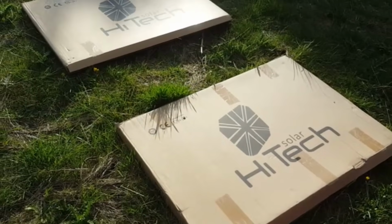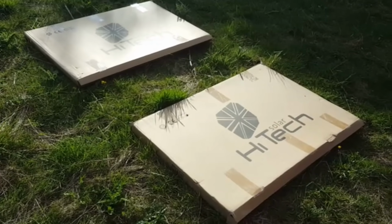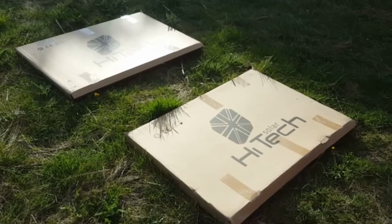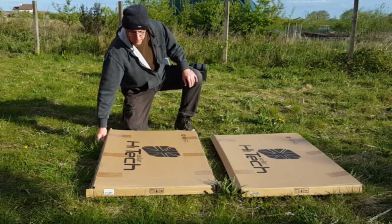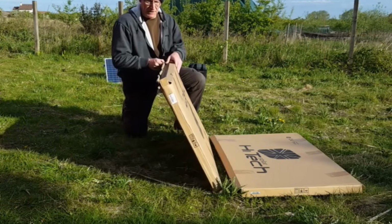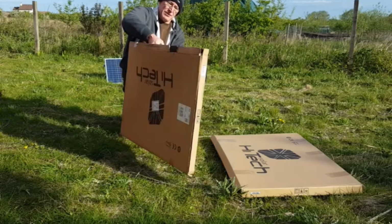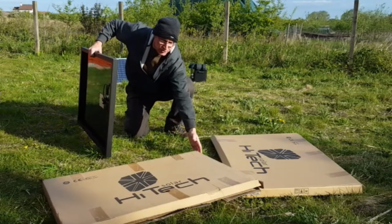These are the solar panels for the roof on the cabin. I can't drag those out and film them at the same time, so just give me 2 seconds and I'll get one of them out of the box. So what we've got in these boxes is 2 times 100 watt solar panels,